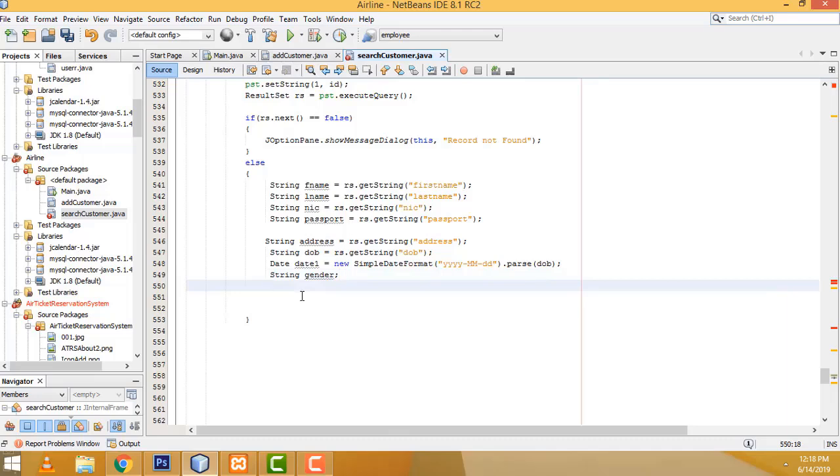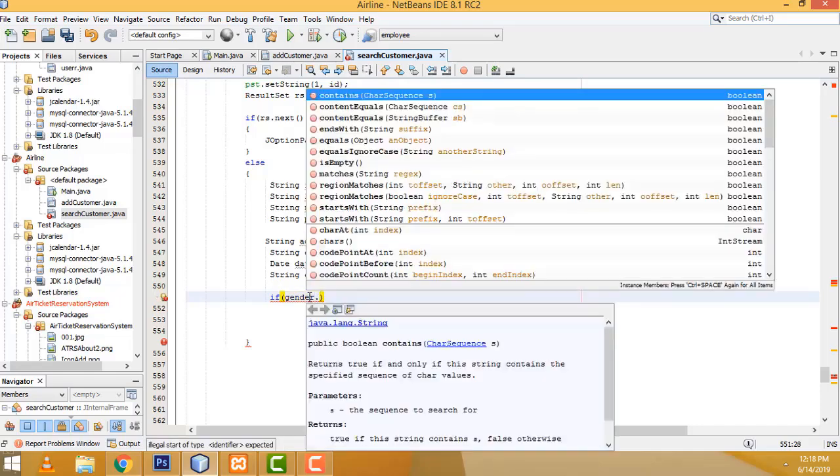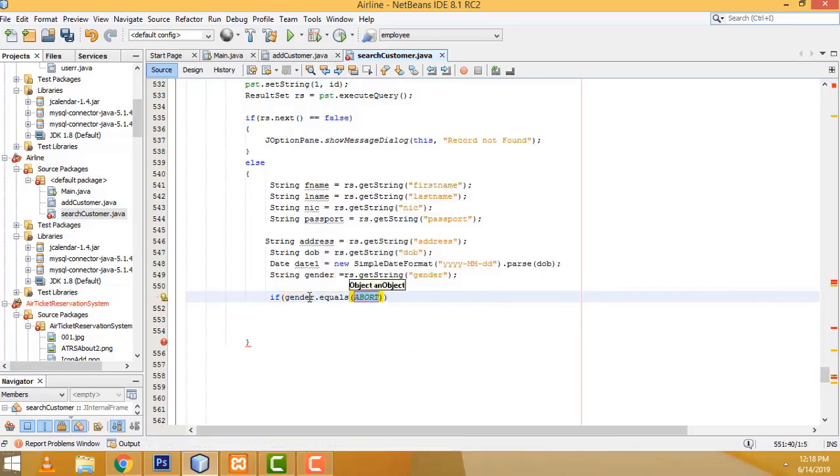So here what I'm going to write is, you have to first get the gender, right? Like this, same thing. Control C to copy, Control V to paste it here. Gender, get the gender, right? After that, we have to do the validation part. So here, if gender, this variable, we have to do the validation part. If gender dot equals, if it is female,